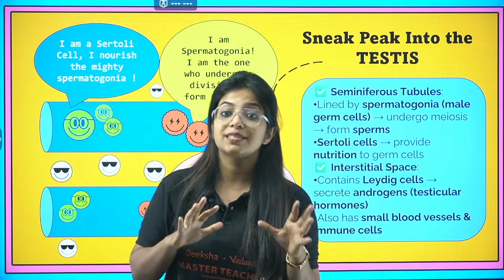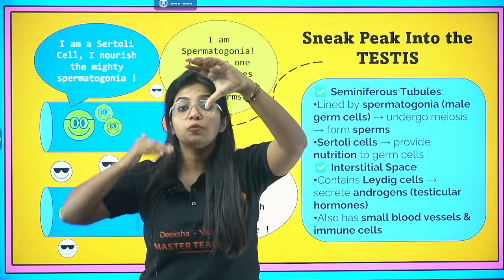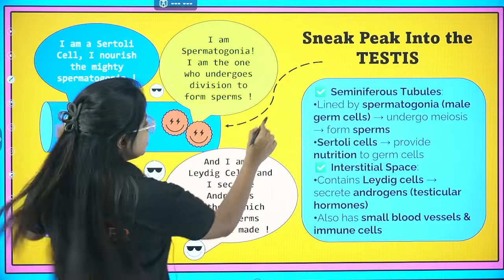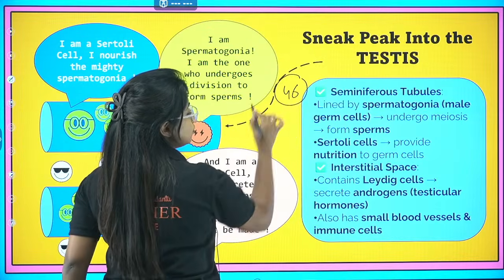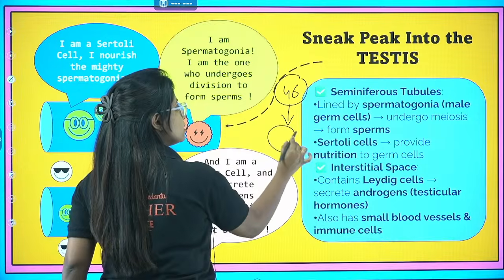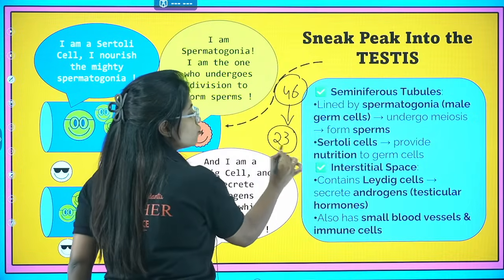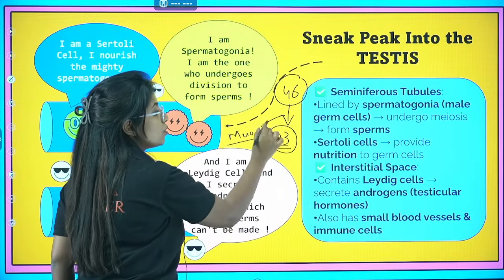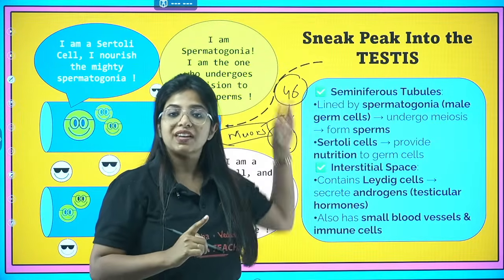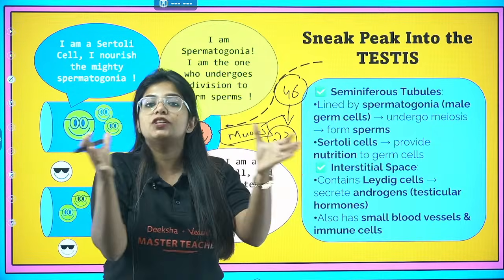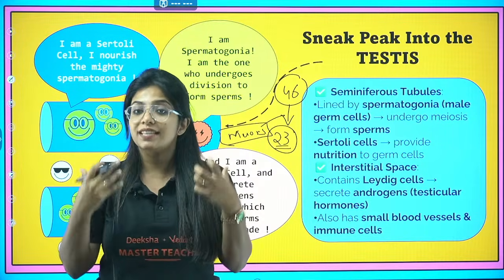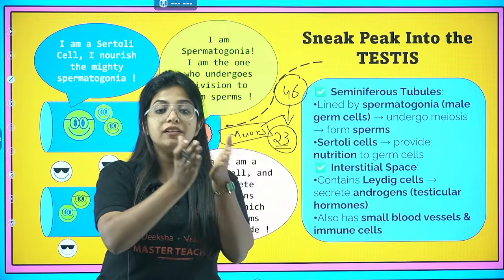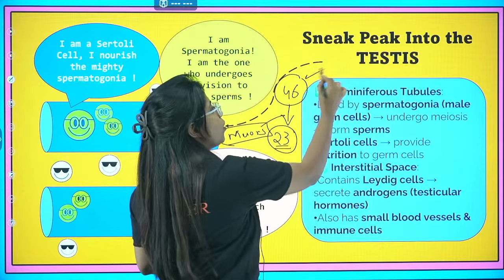But in the case of gametes, things are going to be different. If I have a cell and I want to make a gamete out there, and the main cell has 46 chromosomes, when it undergoes meiosis, it will give a cell with half the number of chromosomes, that is 23. Why does it undergo meiosis or reductional division? Because always remember, gametes come from male, gametes come from female, both of them come together, and that's how you form the zygote. So 23 from here, and 23 from the other partner, 23 plus 23, 46, and we have the normal number of chromosomes.